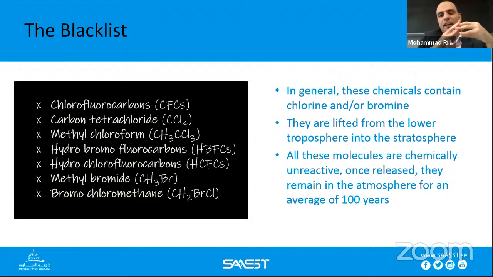and because it is very stable, it can last and accumulate in the atmosphere for 100 years. So it is very dangerous. It looks like plastic. Our problem with plastic is it is not poisonous, but it is not easy to decay in the soil. So if you put a plastic bottle, maybe it will last. Some of them claim it will last 1,000 years. So the same problem with these chemicals.